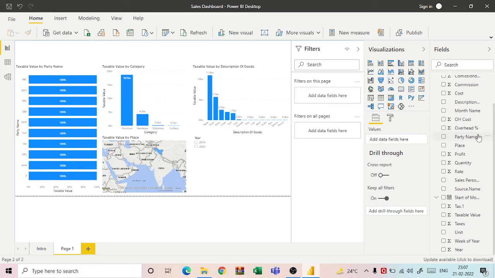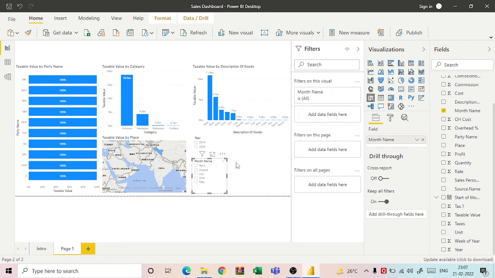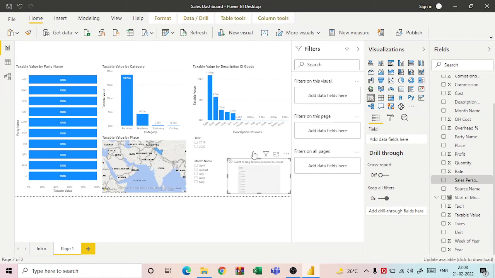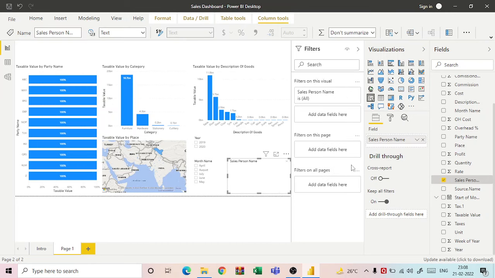now I will insert one more slicer for month. So I will select month name. Okay, and one more slicer for salesperson. Okay,